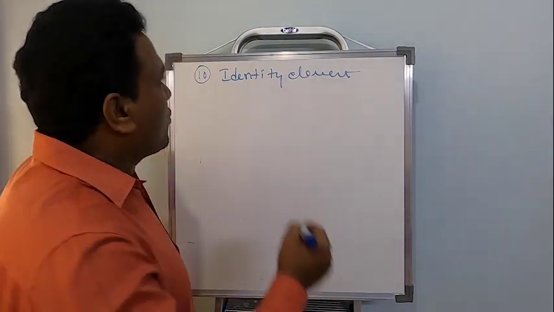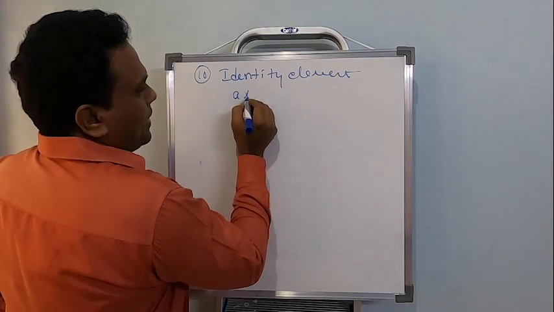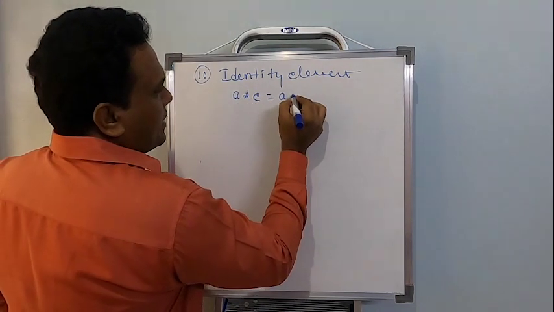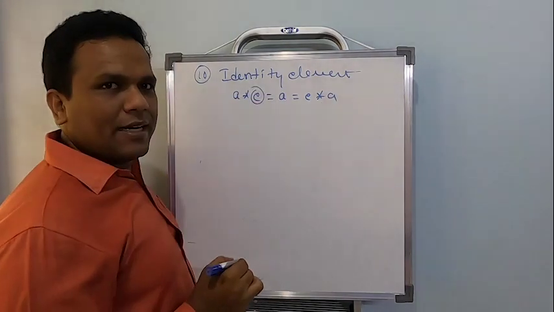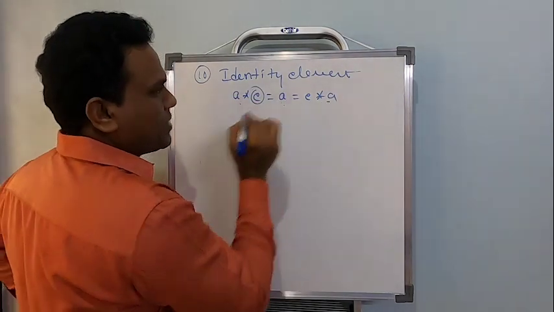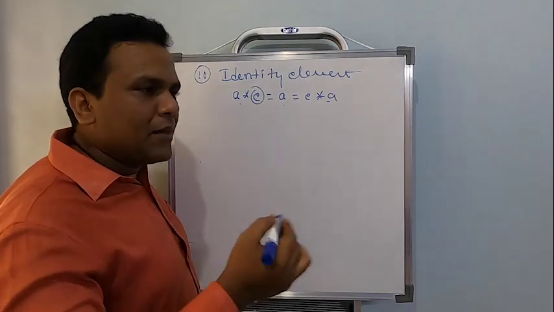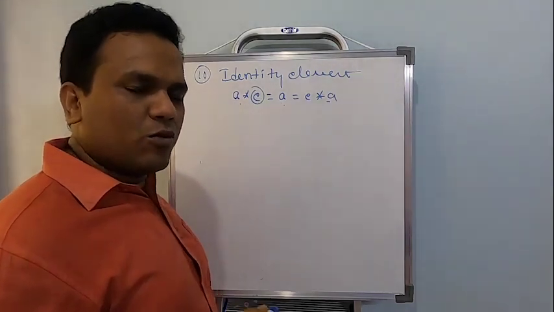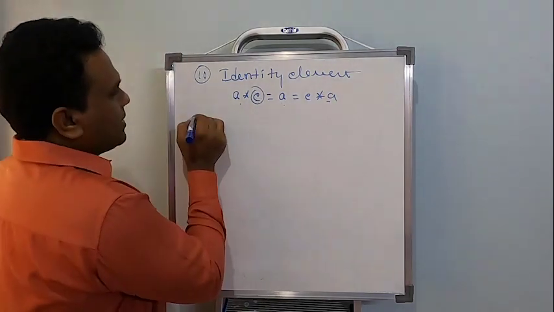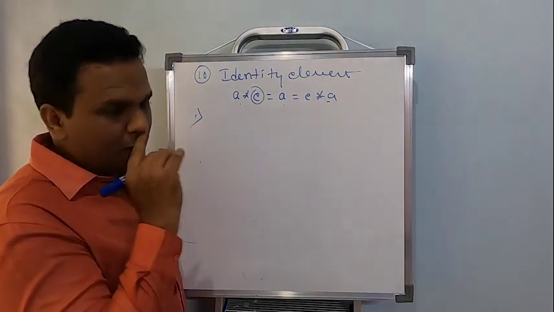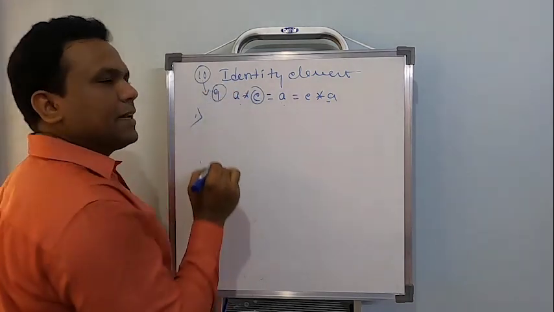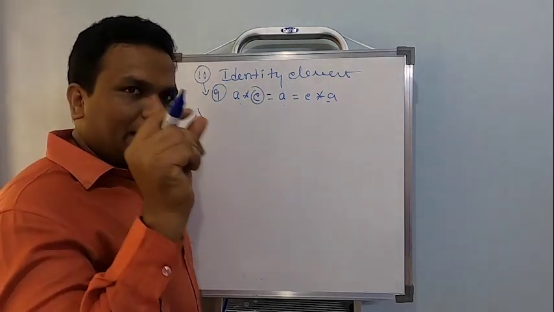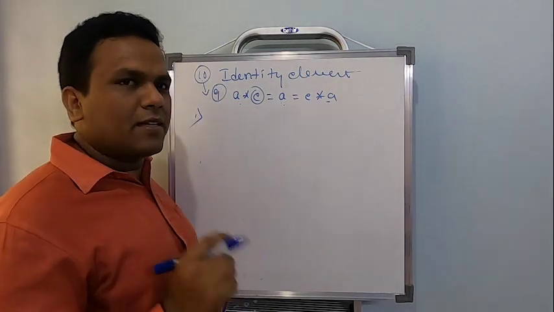If you want a brief introduction, if A star E is equal to A is equal to E star A, then E will be called the identity. I should check both sides, not just any one side. Clear? You notice why I actually have to check both sides. So let us take the first problem. Remember students, problem number 10 is based on problem number 9. In problem number 9, for each of the 6, find out the identity. That is the meaning. Clear?